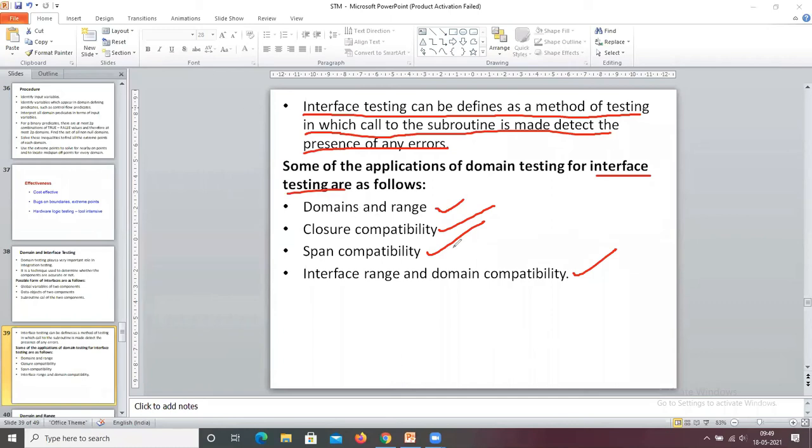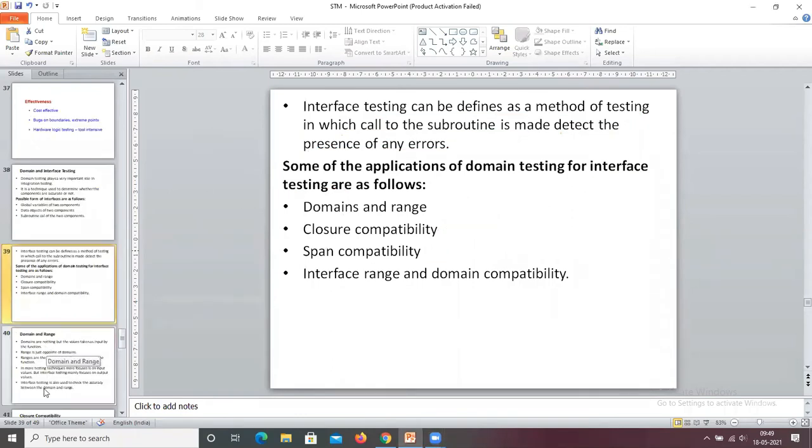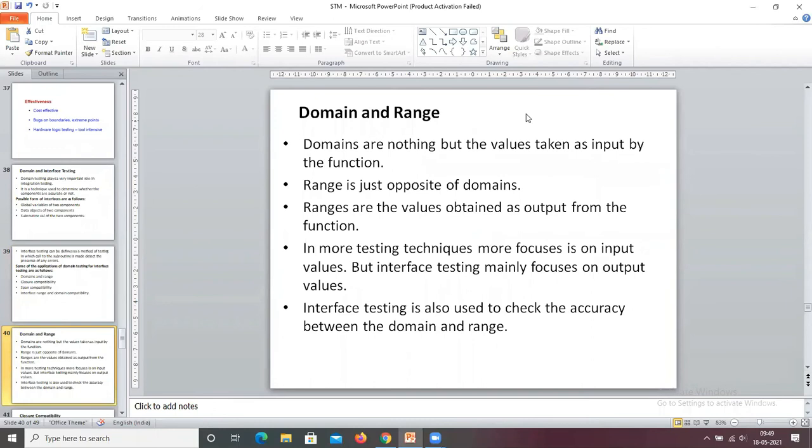So first we discuss domains and range. Domains are nothing but the values taken as input by the function. So for example, there is a function, fun of int a.